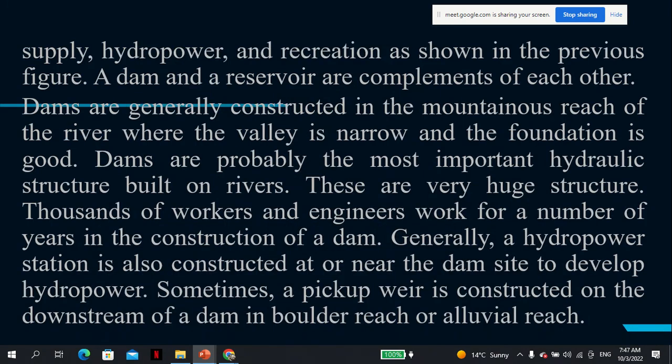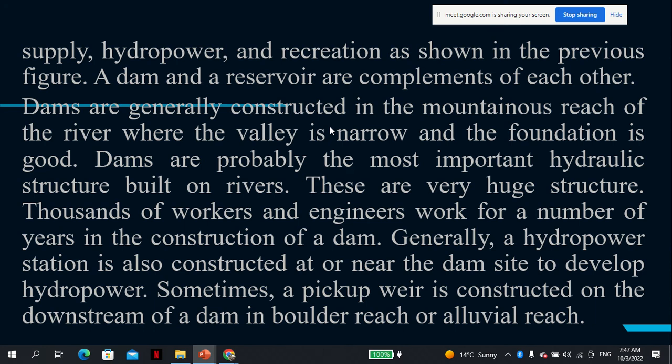The dam and reservoir actually complement each other. A reservoir is normally used when the main purpose is to impound water for maybe irrigation, for example for cattle usage during drought, or you want to just keep water for usage when the water supply is not good. But dam is used when you are referring to hydroelectric